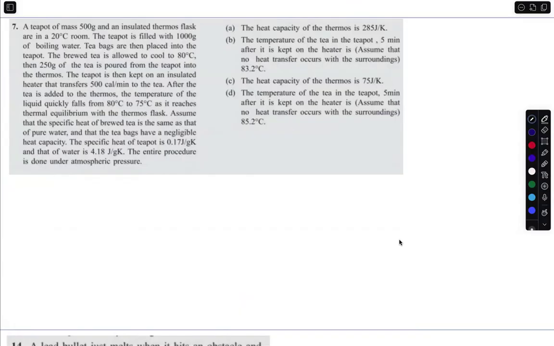The teapot is filled with 1000 grams of boiling water. Please note it's boiling water. Unless mentioned otherwise, it is at 100 degrees centigrade. Tea bags are then placed into the teapot. The brewed tea is allowed to cool to 80 degrees centigrade. Then 250 grams of the tea is poured from the teapot into the thermos. The teapot is then kept on an insulated heater that transfers